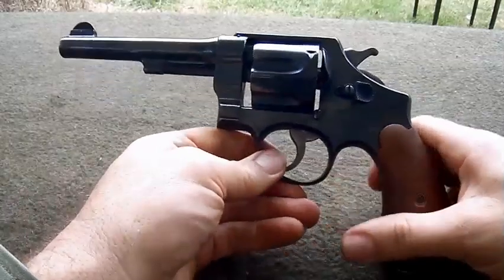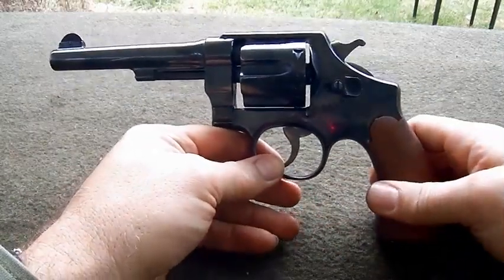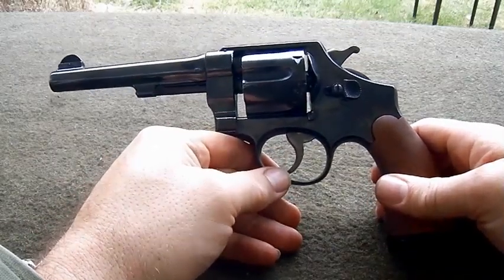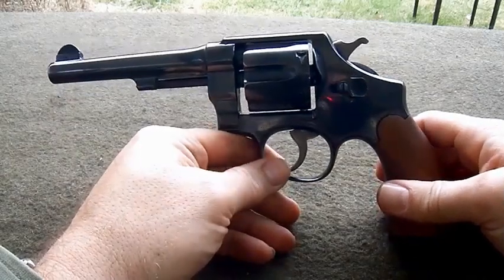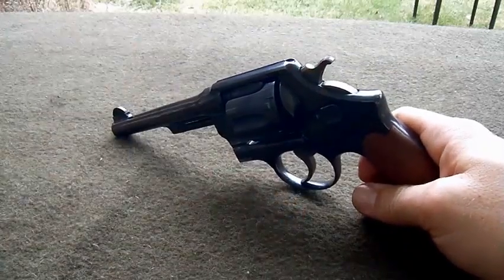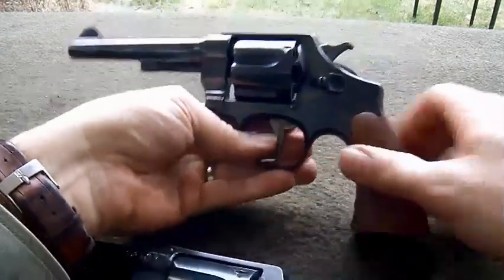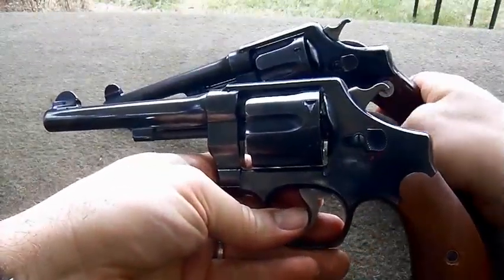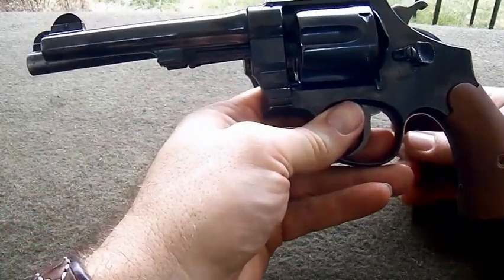Okay, the Smith & Wesson M1917 revolver. This was essentially the Second Model Hand Ejector, but it was what was requested by the U.S. military, chambered in 45 ACP because of the inability of the arms makers in the country to turn out enough 1911s. So they needed a substitute standard. You can see it's basically the same revolver, only difference being a slightly shorter barrel, 5.5 inch barrel,